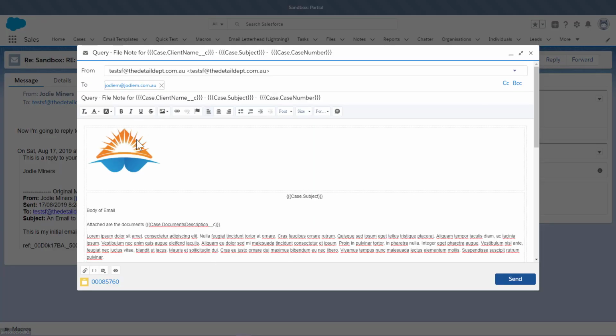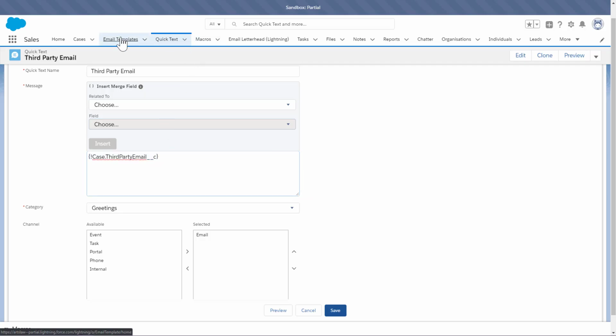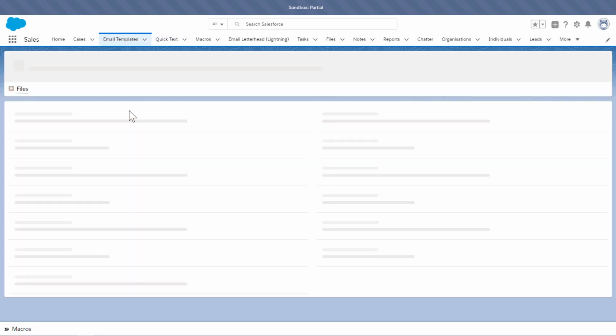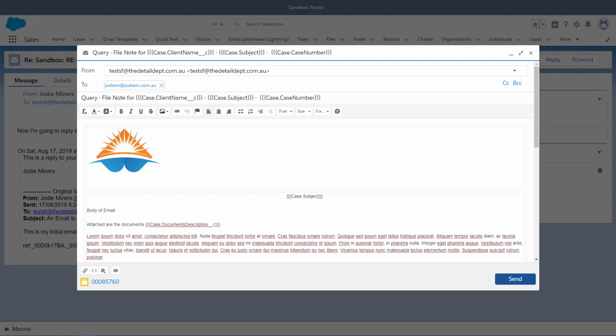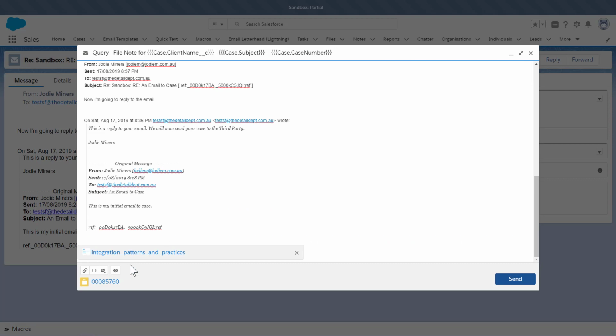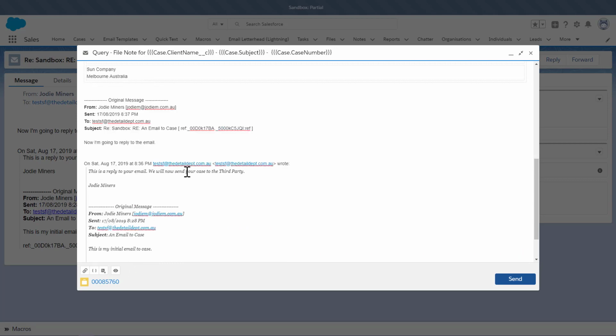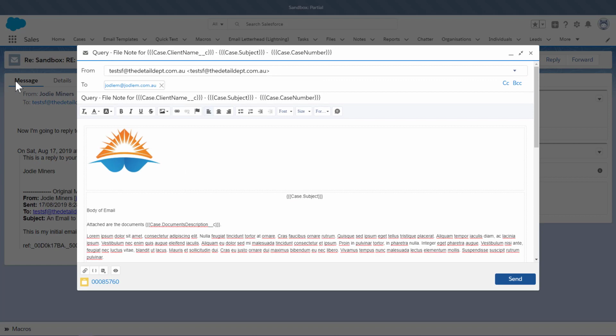Okay, that is really interesting, because I knew I had attached a file to this email template, the standard email template. So let's go to our email templates and have a look at our third party email. And I know that I attached a standard PDF file, a large file, just to test sending that. And back in my macro, it didn't seem that it attached that standard attachment. But here is a standard attachment. So I'll come into the email and hit reply,